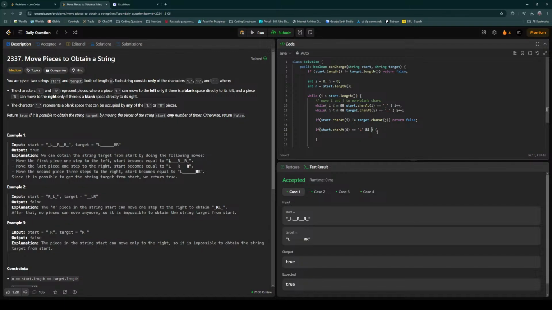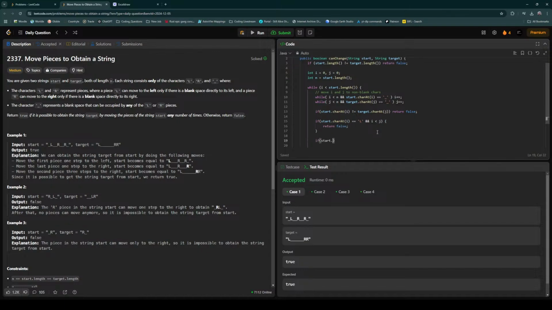I should be greater than or equals to j. If it is R,